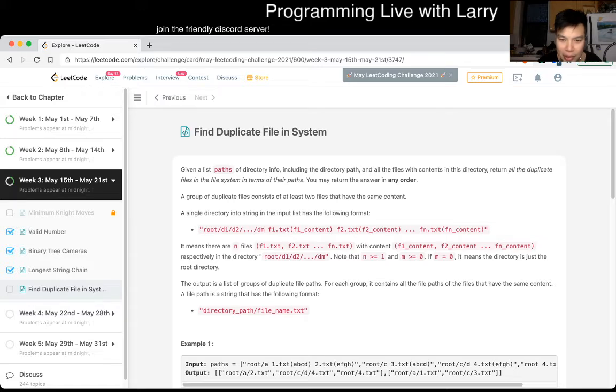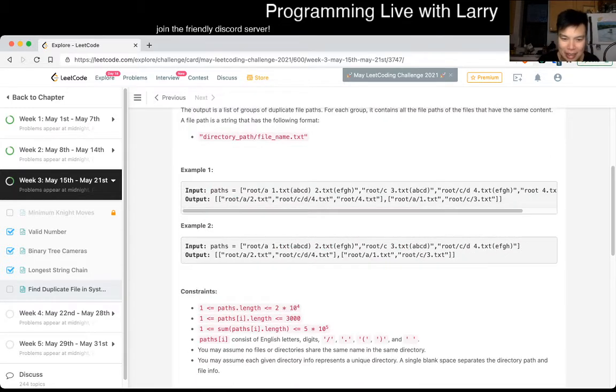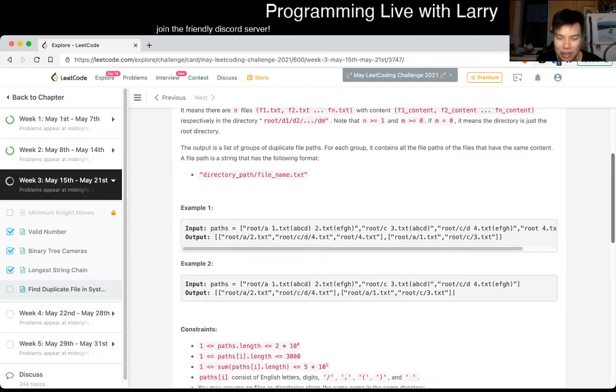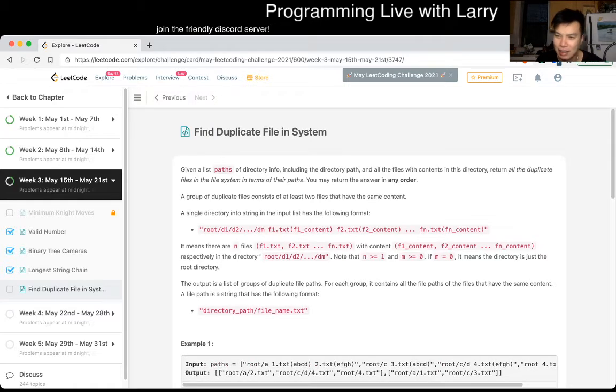Single directory has this format. This is just a parsing problem, so you just have to be careful. It seems to be annoying, to be honest. Yeah, you could talk about your real system, and actually, this is very practical. I've built stuff like this before in Python, actually, to find duplicate files in system because